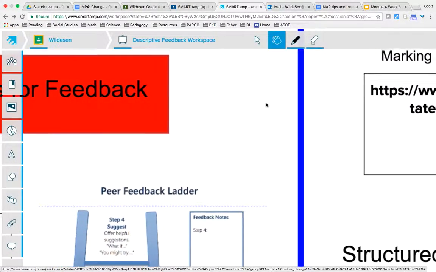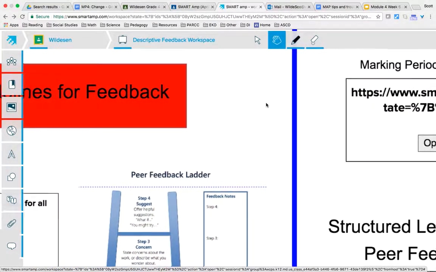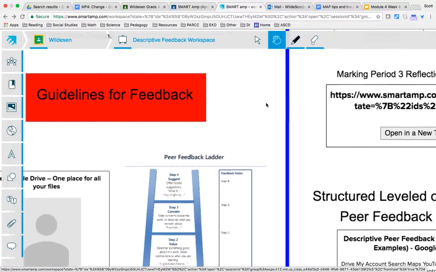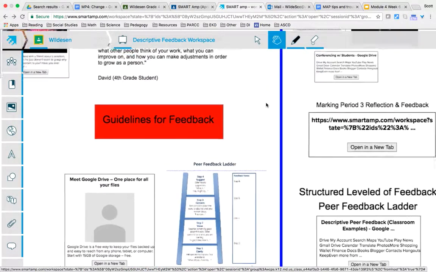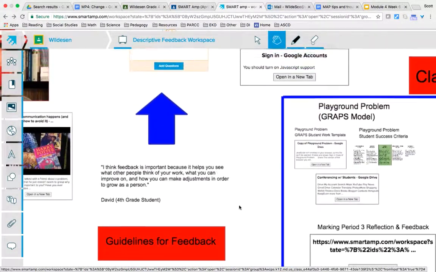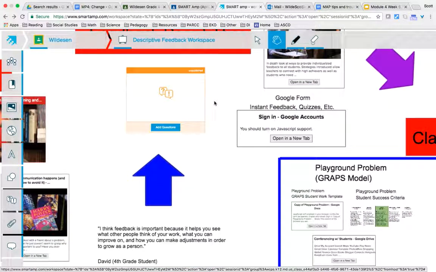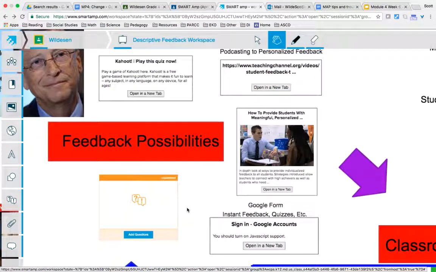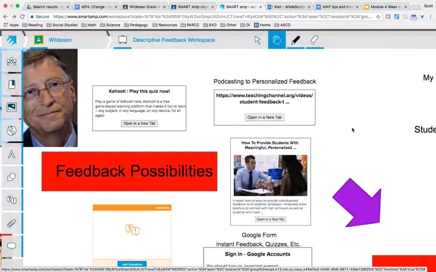I think being specific with the feedback is critical, so that they can zero in on what they're doing. So here we go. I had to do a little refresh there. Moving up to here, some other opportunities such as Kahoot, which is a cool thing that the kids love to do, which is interactive. They can do it in teams or with partners. Again, you're still going to get instant feedback based on the result of if they got the question right or wrong.